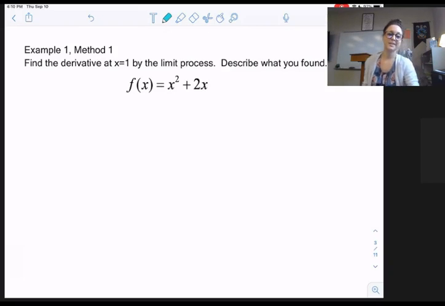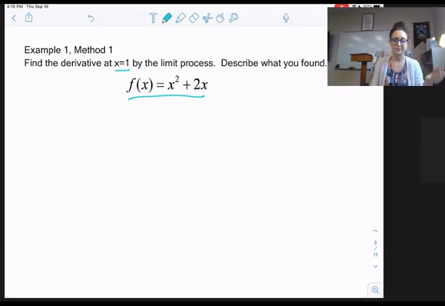All right, so let's try an example. This is example 1, method 1. Can you write this function in your notes, please? As well as x equals 1. And we're going to find the derivative at x equals 1 by the limit process and then describe what we found. So